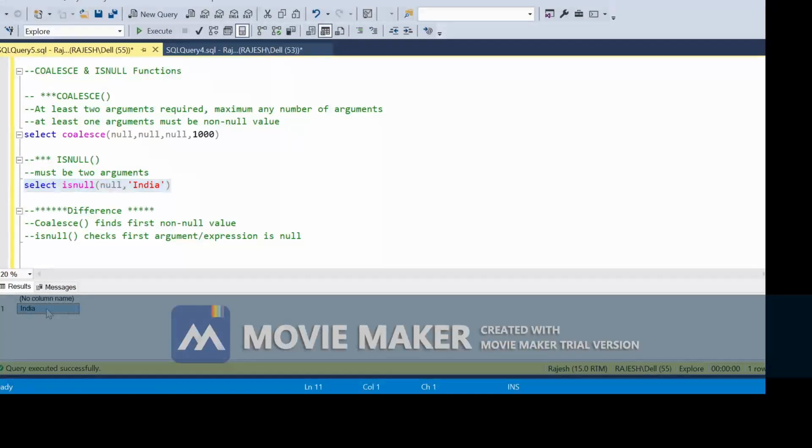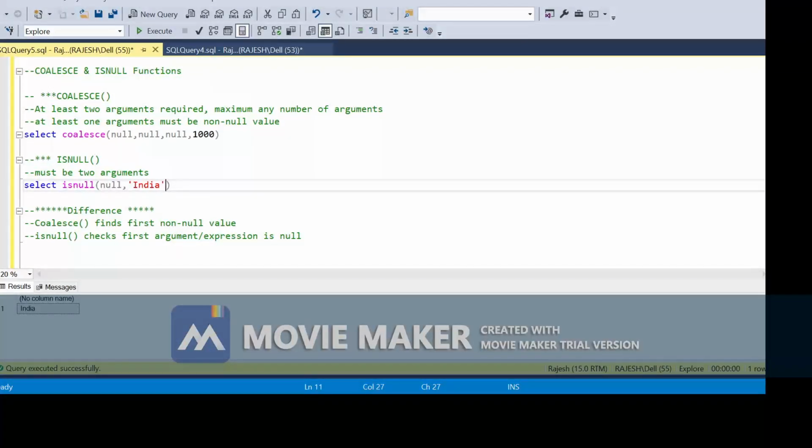Yeah, it is returning India. It is returning India, means it will check whether the first argument is null or not. If it is null, then it will replace the null value with the second value. In this example, I put India as the second argument,